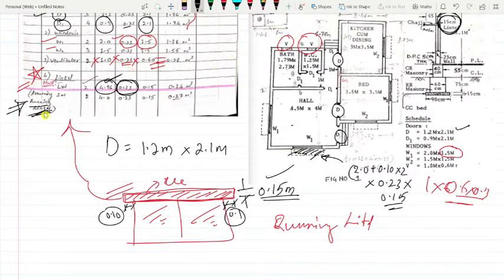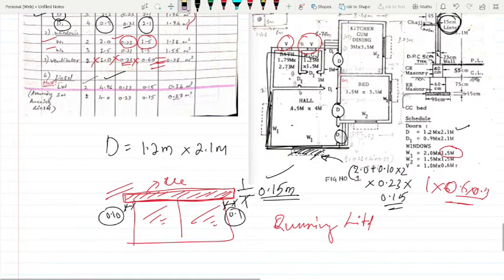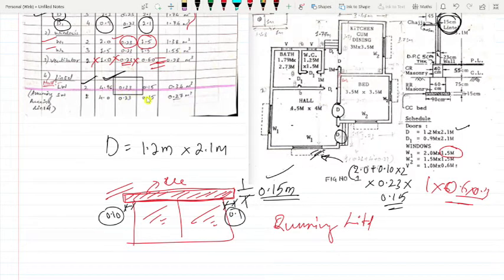But now we have assumed a running lintel, so we use the concept of long wall and short wall only. Completely long wall 4.96 means your lintel runs completely everywhere. So again 4.96. It is easy to assume a running lintel; directly, no need to think much, no need to run your brain. Just change these dimensions. Everything else is the same, again 0.23, 0.15. That much only you have to do for all the calculations. So next page I'll copy.